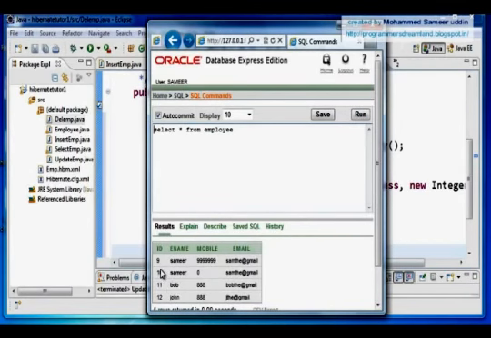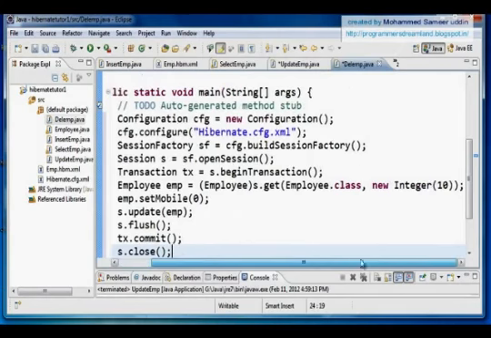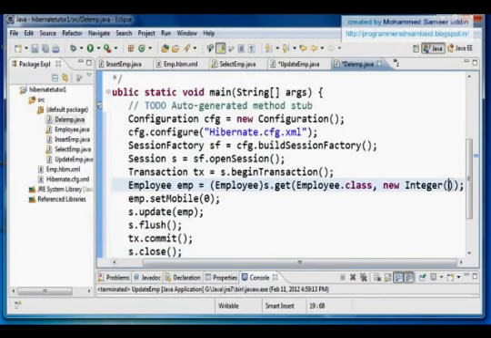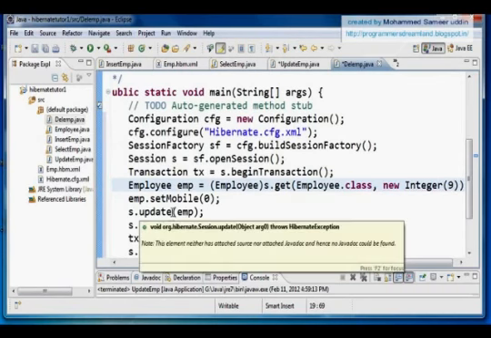For example, I want to delete my record number 9 with mobile 999, the first record. So I have to load that record in my Pojo class. I'm loading the 9th identifier value row in my Pojo class, and then